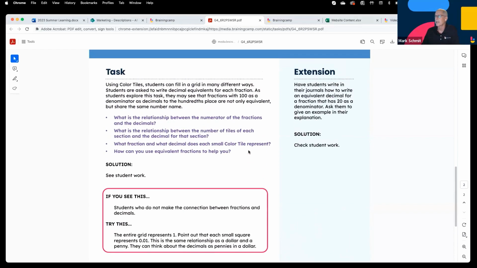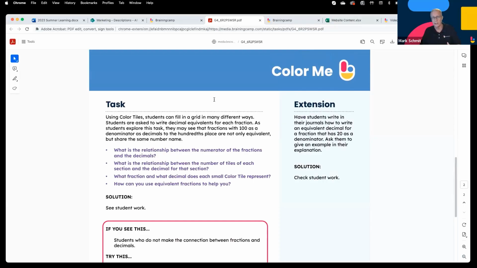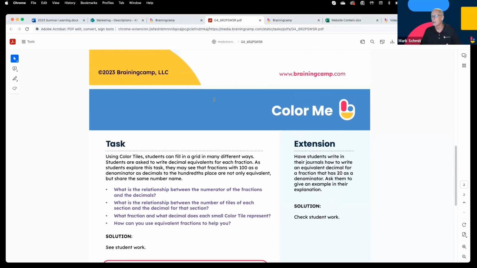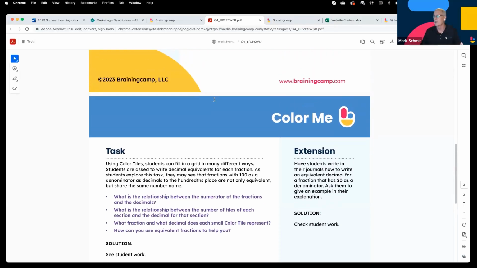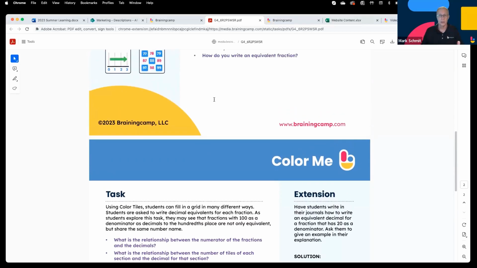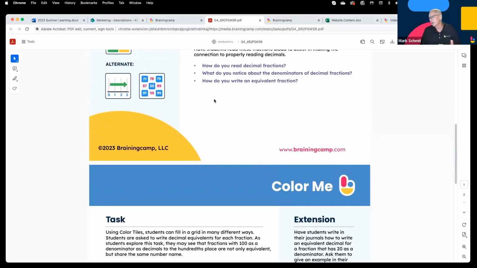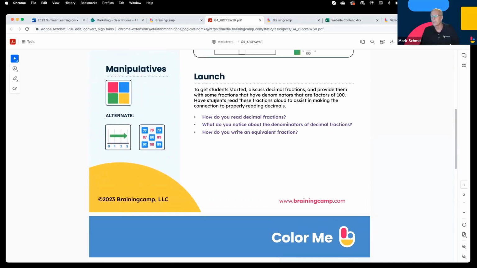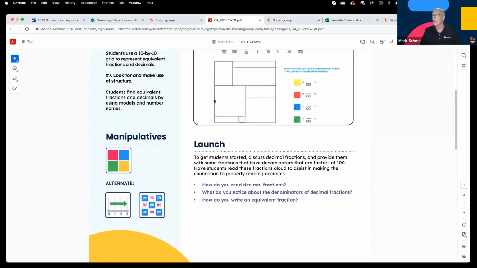And then each task has an extension. The extension might be taking the content to the next step, or it might even be some type of writing assignment or journaling assignment, right? So something that you can do to extend the activity. Some folks may want to say for early finishers, or for another way maybe to differentiate. One more thing,